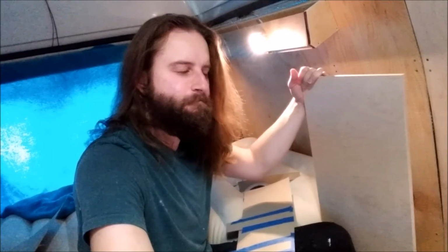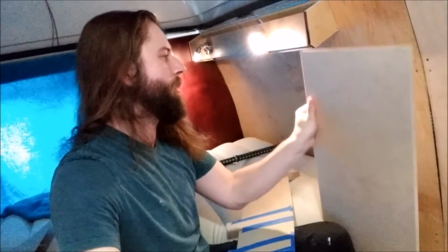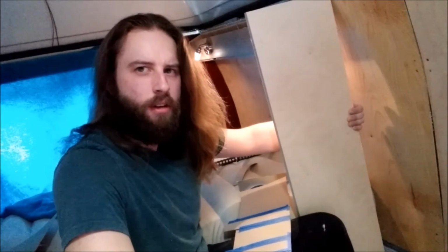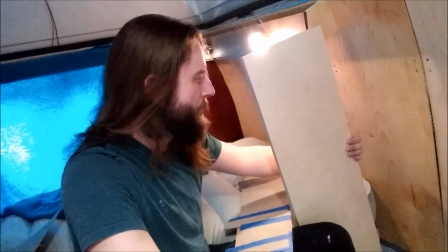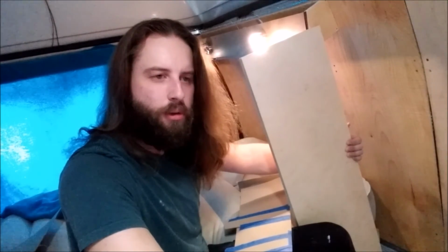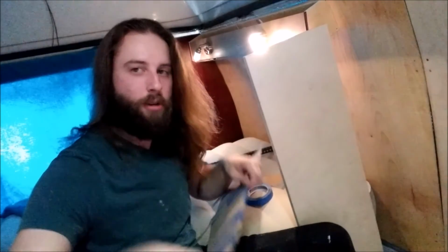Yeah. It will stick out a little bit further than this part right here. But that's not necessarily a bad thing. Well, the advantage is the template's done. And all I have to do is trace out 2 pieces of plywood to match the length. So realistically, once both pieces are cut out for the sides of the shelf that will go up against the wall,